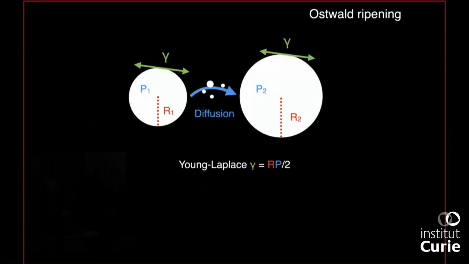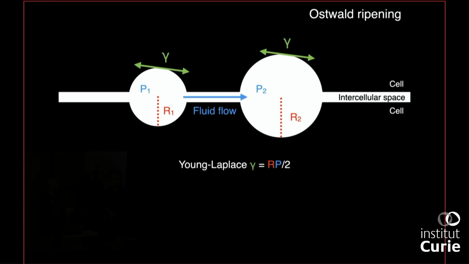And so this is a process which is akin to Ostwald ripening, where you can have two liquids which are mixed in an emulsion, and then because of surface tension, the small droplets will empty themselves into the big one because of their smaller radius of curvature, because the Laplace law connects the surface tension and the pressure and the radius of curvature. And so we are taking this as an analogy for what may happen in the embryo, where we have the microlumens which are connected by the intercellular space. And because these guys would have a higher pressure due to their smaller size, they would empty themselves into the bigger microlumen.